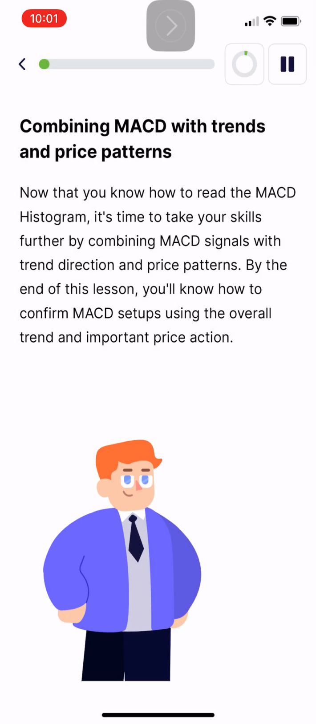Combining MACD with trends and price patterns. Now that you know how to read the MACD histogram, it's time to take your skills further by combining MACD signals with trend direction and price patterns. By the end of this lesson, you'll know how to confirm MACD setups using the overall trend and important price